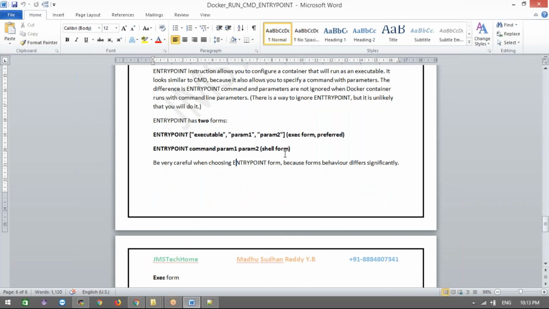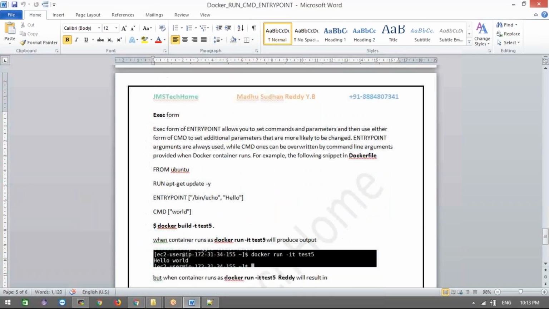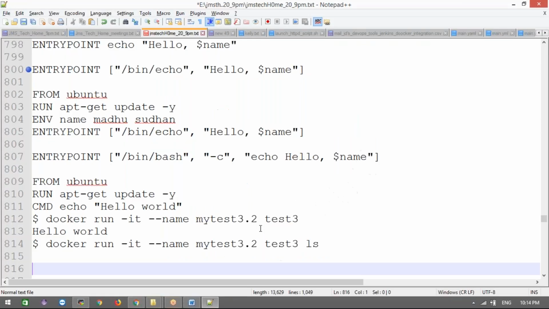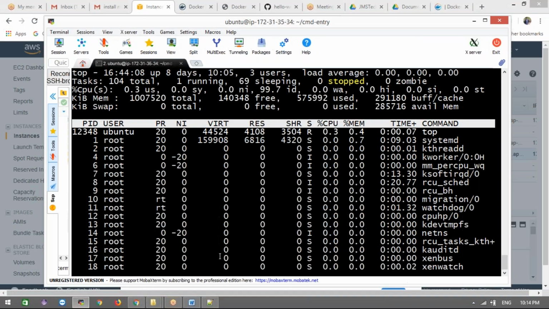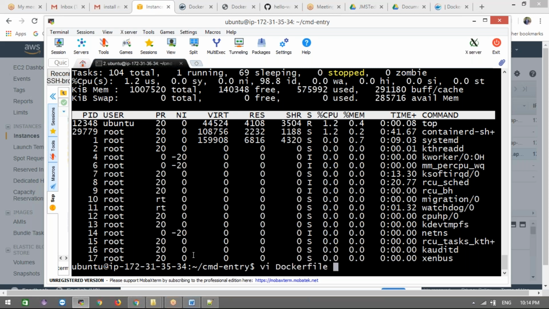And this is the entry point, right? You reminded me. This same entry point also has two forms: one is the shell form and the other is the exec form, like this example. I told you, in the entry point we can use two ways. One is the executable and this is the CMD. For example, this parameter you want to override. In this example only, we'll get to know the complete thing, when we are going to use the CMD and when we are going to use the entry point. Okay, let me open our Dockerfile.